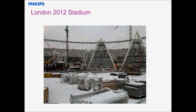So the first time that the floodlights appeared on site, here you see the masts. It was a snowy winter, but all the lighting was assembled onto the towers. And I have to say, I went up the top of these towers when they were on the ground, and already that seemed quite high before they'd even been put on top of the stadium. So at that point, everything was wired, installed, and tested